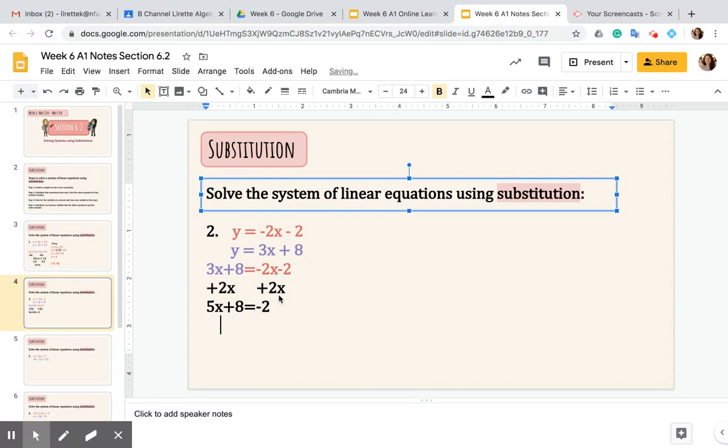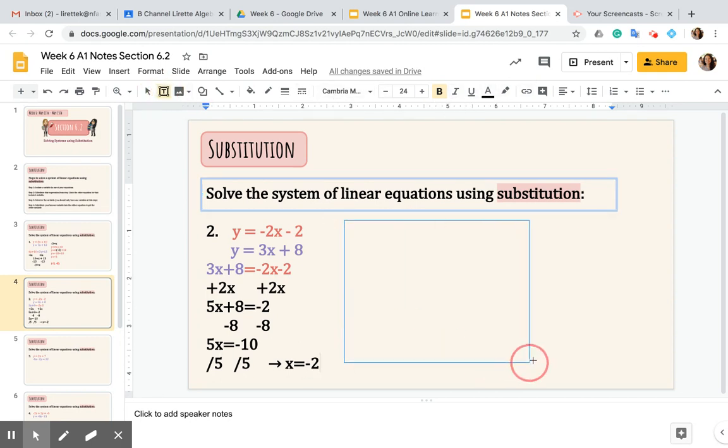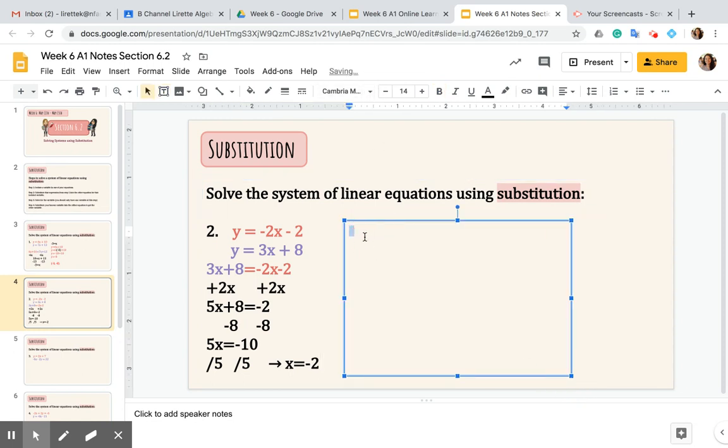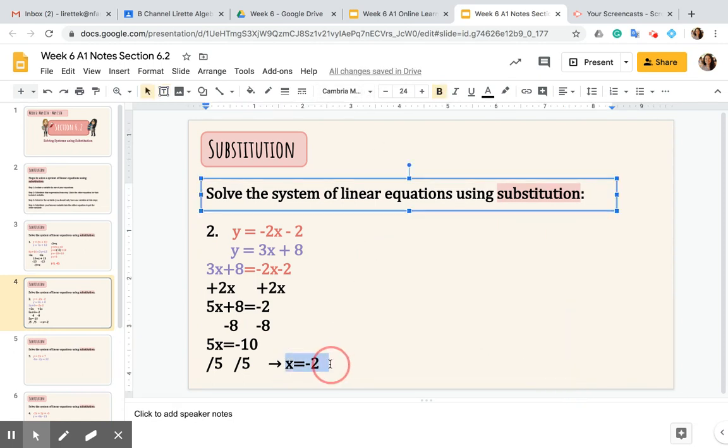Now I have to solve a two-step. Subtract the 8 from both sides. I get 5x equals -2 minus 8 more gives me a -10. And then last but not least, I have to divide, and that's going to give me x equals -2. So I have my x value. The next step for me is to insert a text box because I'm out of space. The next step is going to be to take this value that I just got,